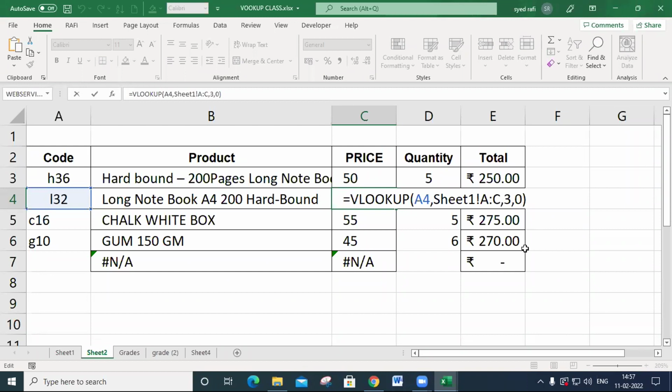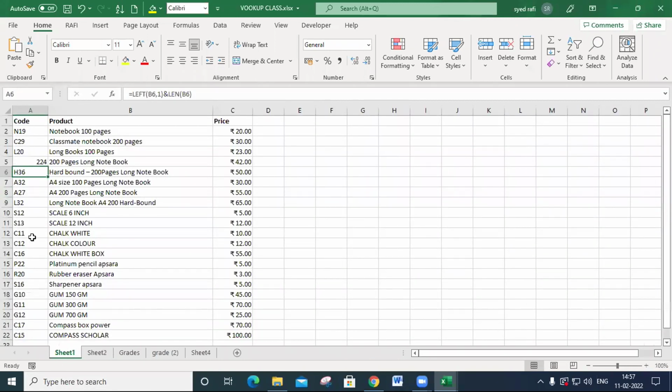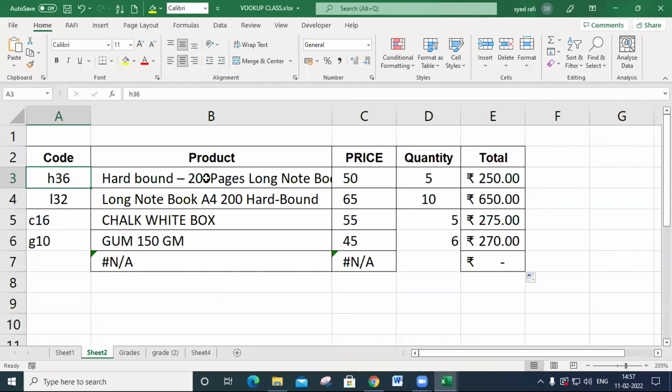The fourth parameter is optional. True or false is there. True means approximate match. False means exact match. Exact match means the code you give here must be exactly placed here. Then only the relevant product will be displayed.